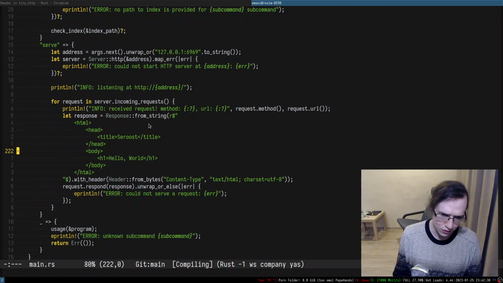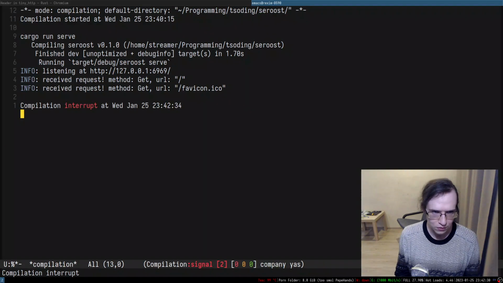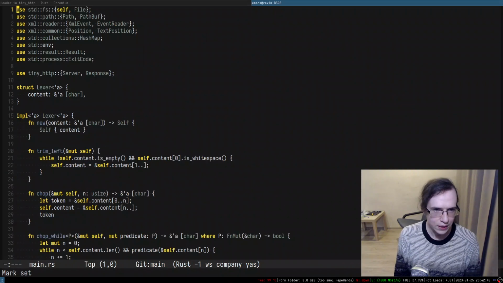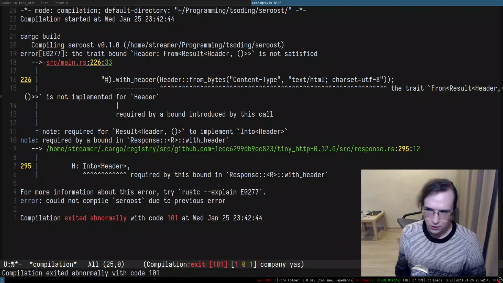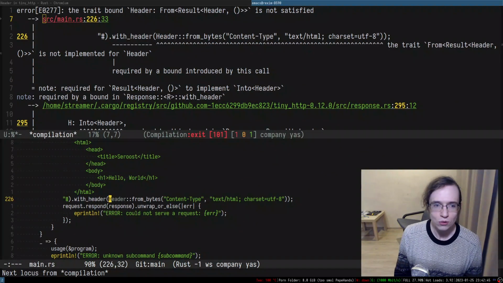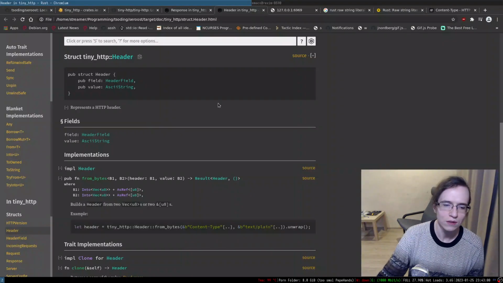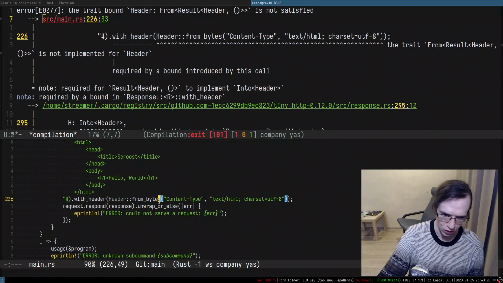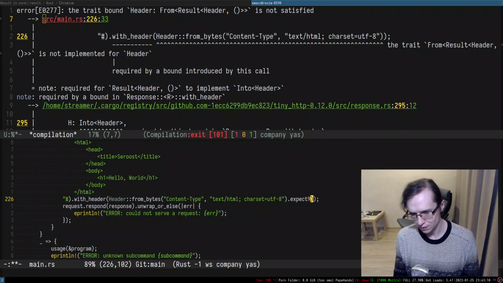All right, so this is the content type, and let's try to compile this entire thing. Okay, so header is not found, and let's import the header, right? So let's see if it's going to do that. So what do we have? Header, you may even have some problem converting this thing, which is rather weird. Required by unbound introduce, wait. Trait from result. So doing from bytes actually may introduce some problem. Okay, so let's unwrap this thing, I suppose. Expect